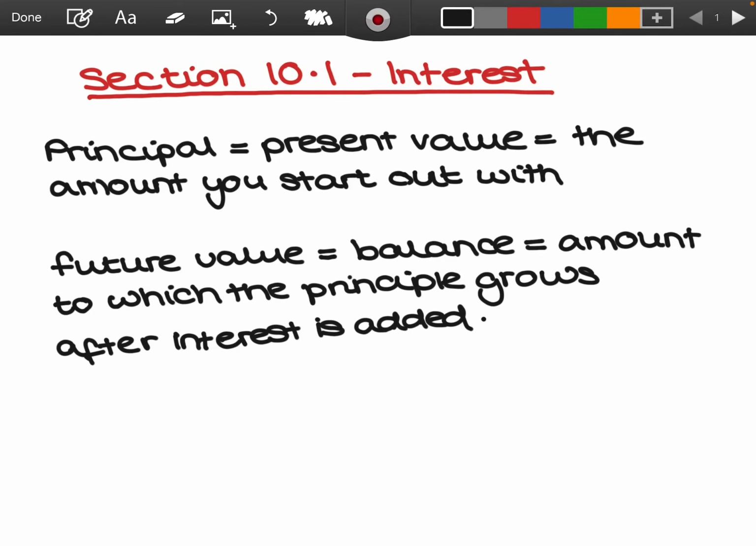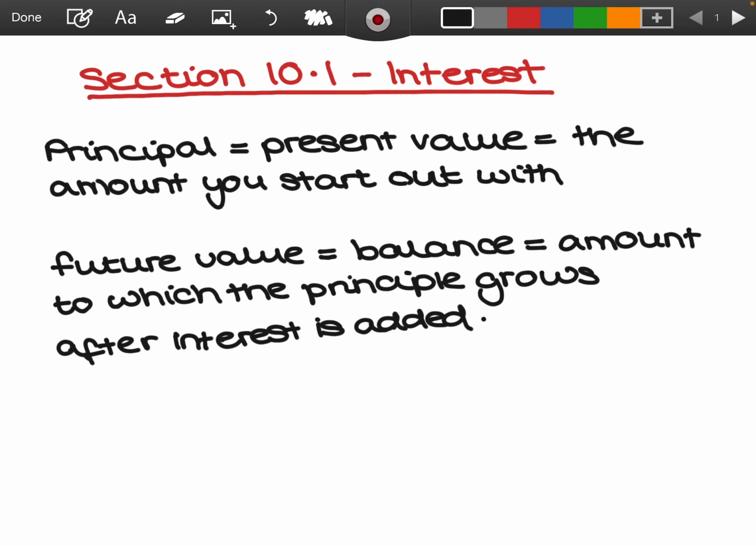In today's video, we're going to look at section 10.1, which looks at interest rates. In particular, we'll be discussing compound interest and simple interest, and then tying those two values together. So we're going to be looking at savings accounts. If you have a savings account and you put money into that savings account on day one, the amount that